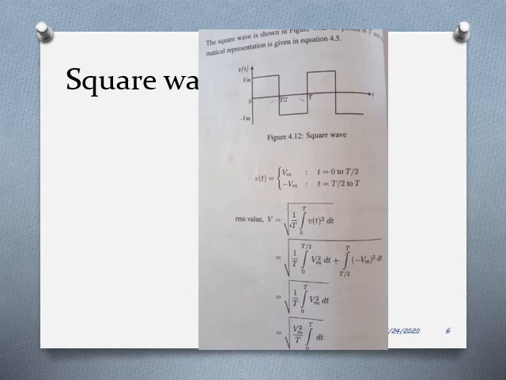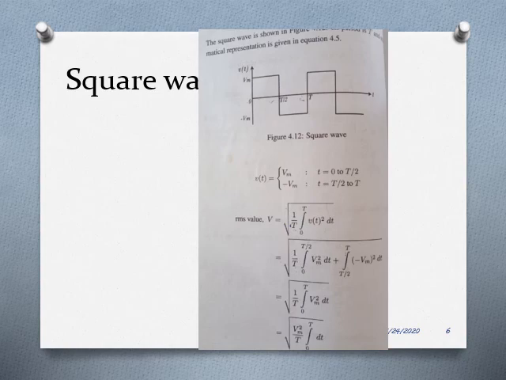So the RMS value equation becomes V is equal to square root of 1 by T integral 0 to T V of t the whole square dt. That is equal to square root of 1 by T. You need to split the time intervals from 0 to T by 2 and T by 2 to T. From 0 to T by 2 it is Vm square dt, and from T by 2 to T it is minus Vm the whole square dt. So minus Vm the whole square in itself will become Vm square. So you may sum up the integral from 0 to T Vm square dt.